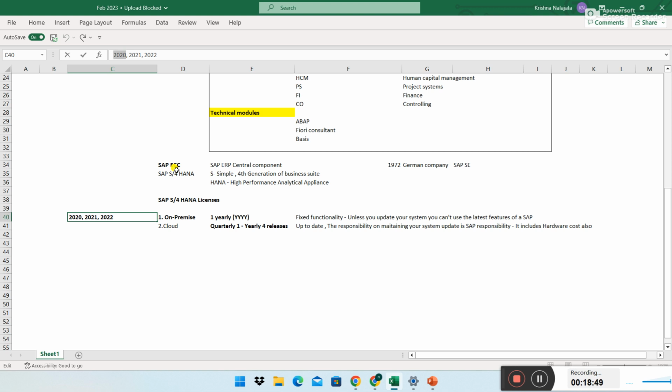The software application keeps on developing. In the next year they have one more release, and after that a recent release, 2022. Whatever you have in 2020 and whatever you have in 2022 will not be the same, right? The core will be the same, the core functionality. But in addition, a few things will be added in 2022. Whether the new things are really useful for your business or not doesn't matter, but they keep adding new functionalities.